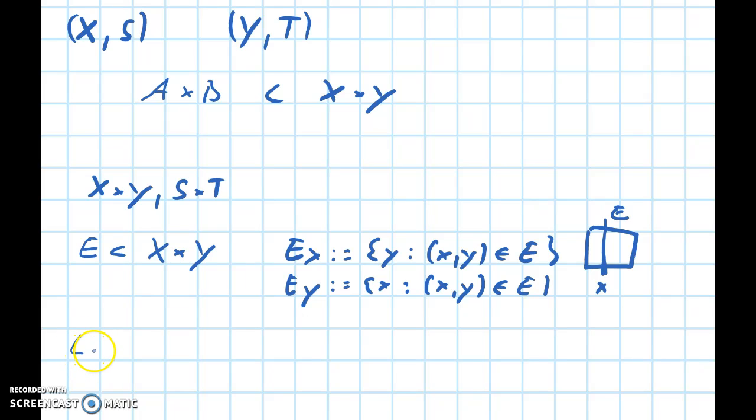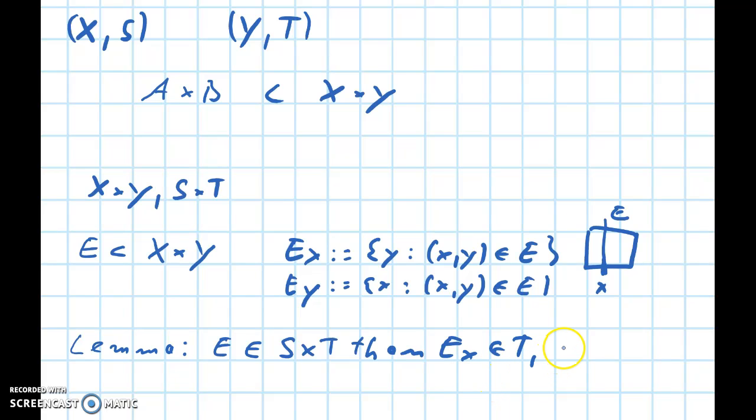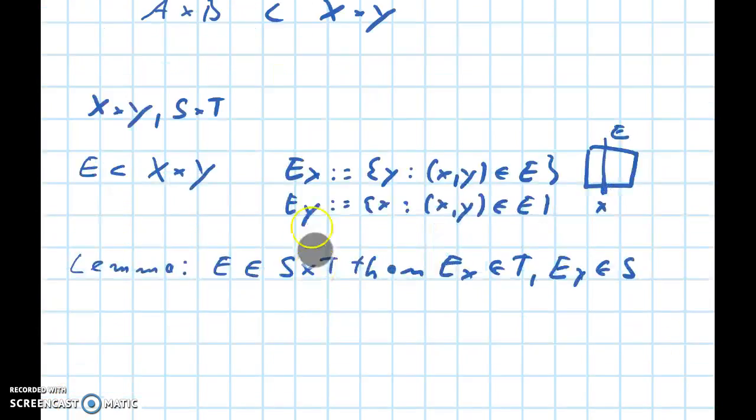Suppose, so let's call this lemma. Suppose E is an element of the sigma algebra S cross T, then the X section of E is an element of T for every X, and symmetrically the Y section of E is an element of S for every Y. So proof: